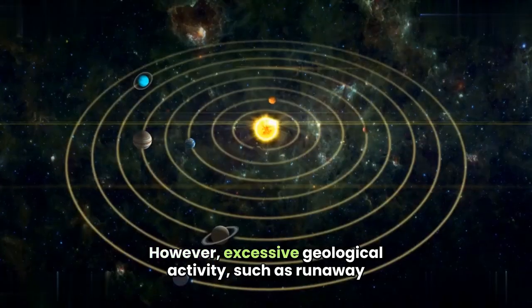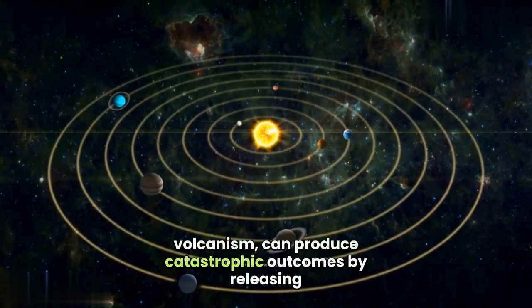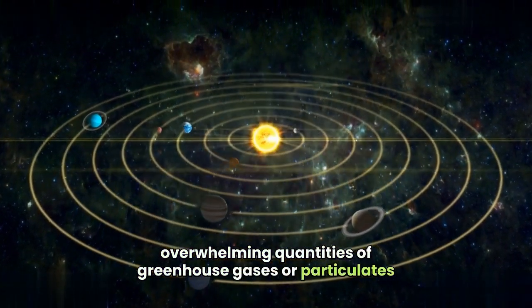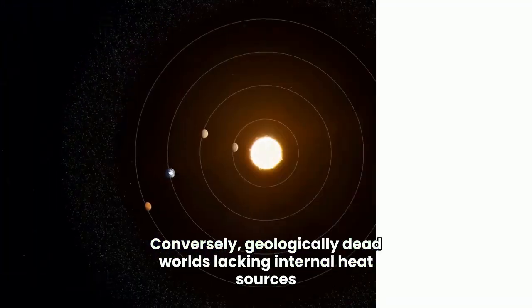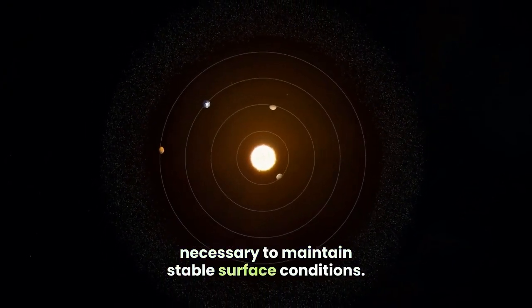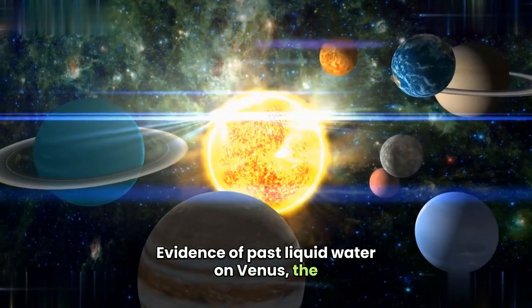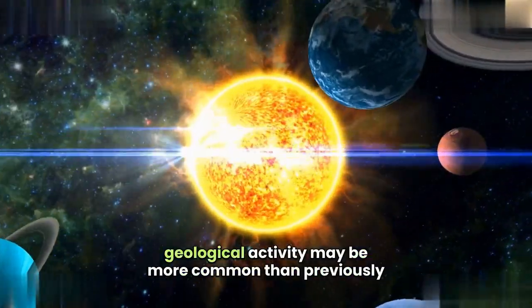However, excessive geological activity, such as runaway volcanism, can produce catastrophic outcomes by releasing overwhelming quantities of greenhouse gases or particulates that dramatically alter climates. Conversely, geologically dead worlds lacking internal heat sources cannot sustain the long-term cycling of elements necessary to maintain stable surface conditions. Evidence of past liquid water on Venus, the Moon, Mars, Vesta, and Ceres suggests that moderate geological activity may